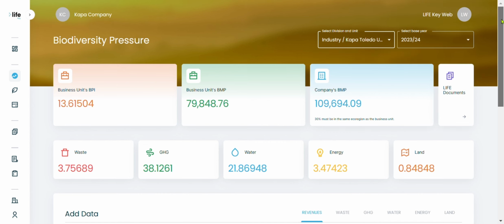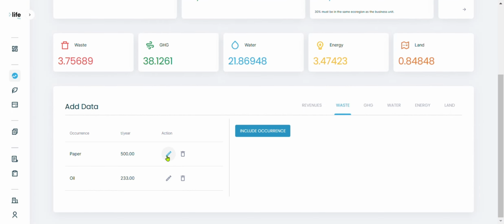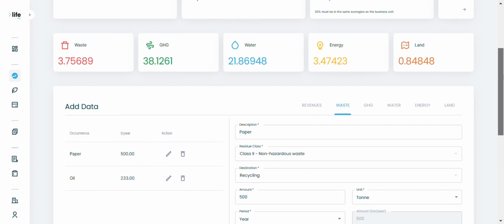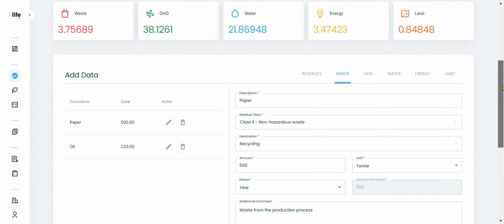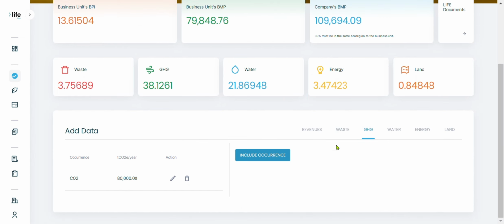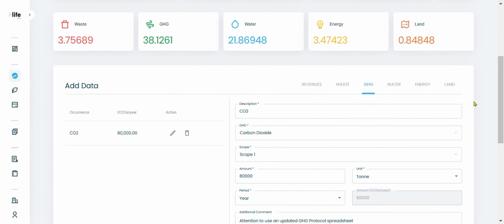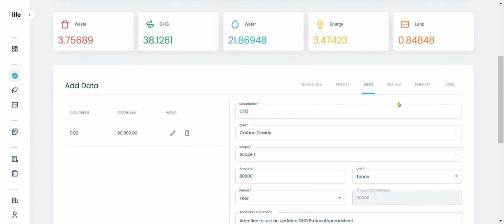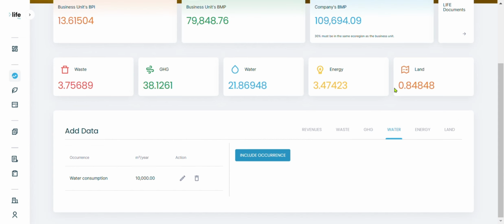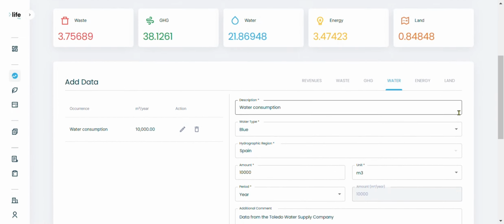After selecting the year and the unit, by clicking on Waste and the pen icon of an occurrence, we can edit its data, like residue class and destination. Similarly, by clicking on GHG and the pen icon of an occurrence, we can edit its data, like gas type, scope. Likewise, by clicking on Water and the pen icon of an occurrence, we can edit its data, like water type